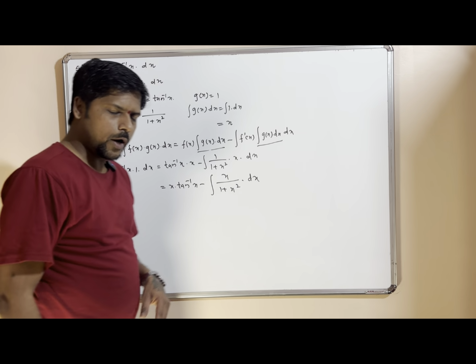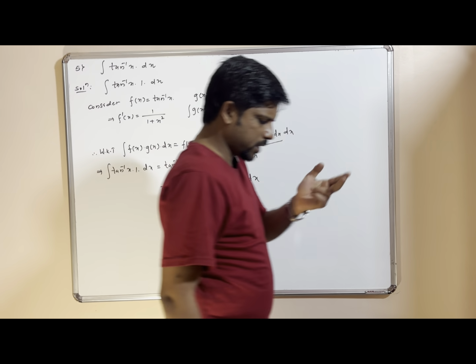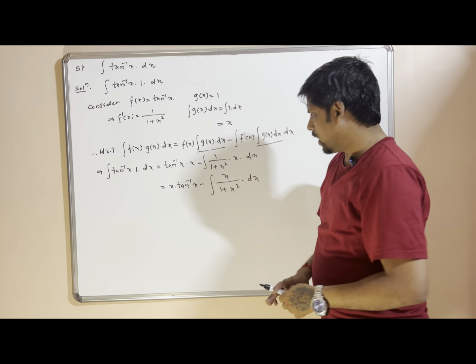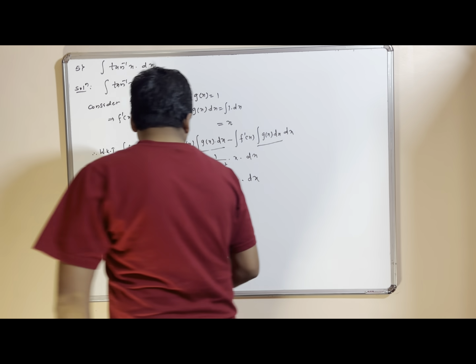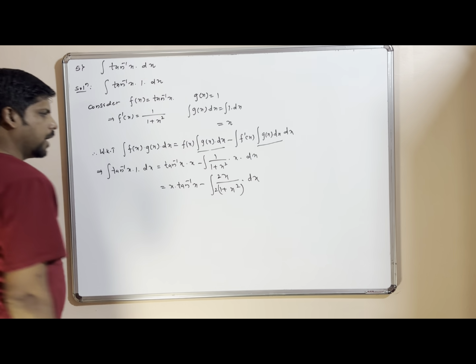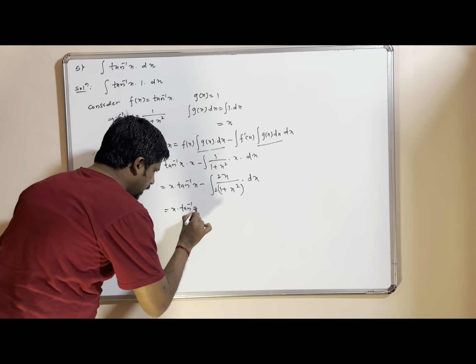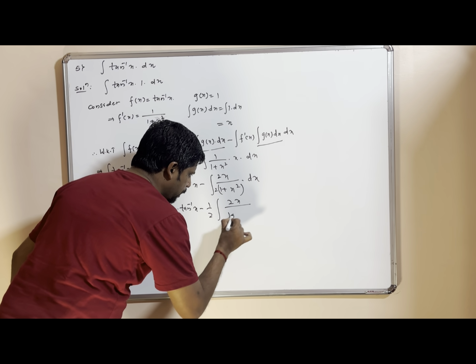But we know that 1 upon 1 plus x square is a different form, right? Integration of 1 upon a square plus x square, that formula we know. Okay, that is fine. But here the numerator function is x. So what should we do now? Multiply numerator and denominator by 2, right? So this can also be written as x into tan inverse x minus 1 by 2, constant outside, inside the integration we have